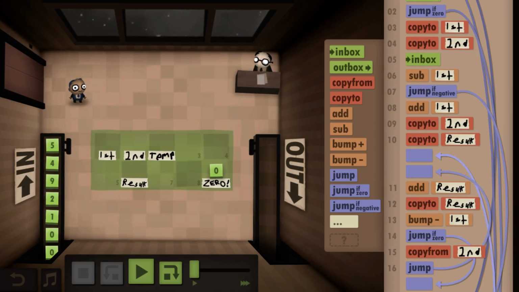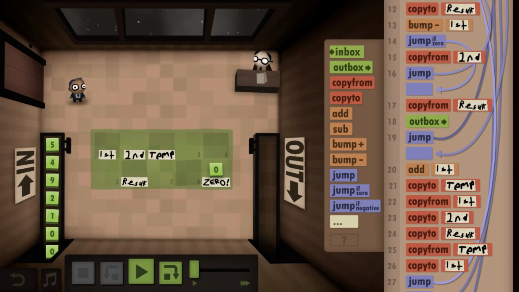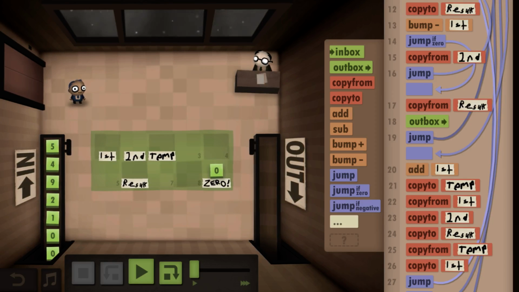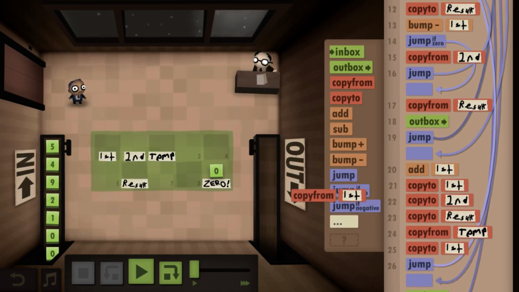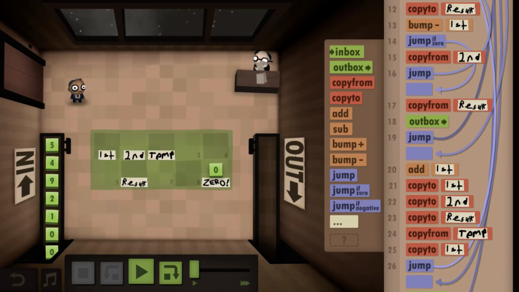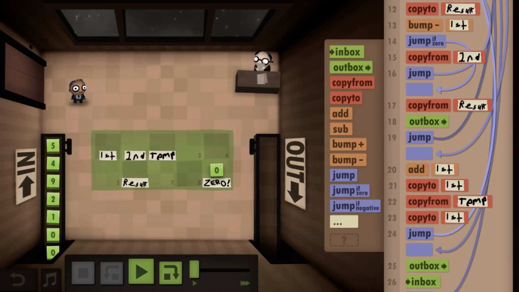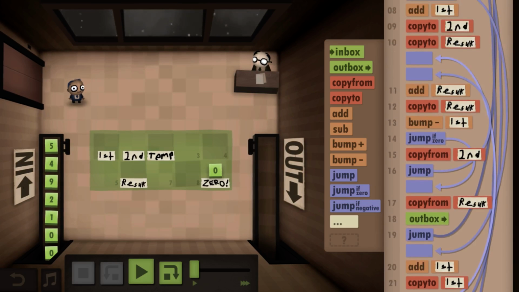Otherwise, if it's negative, copy. Do I really need to copy the temp and then temp the first, or can I just copy the first and get rid of all the rest of it? Yeah, I can get rid of all the rest of it. That eliminates quite a few steps right there.